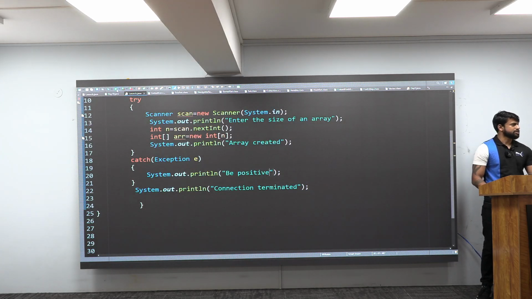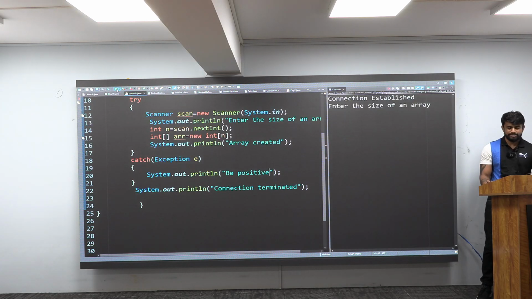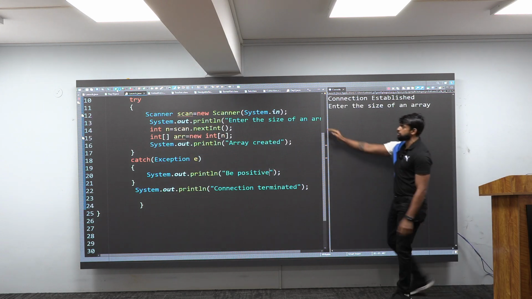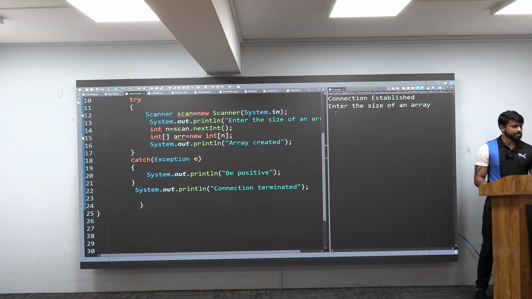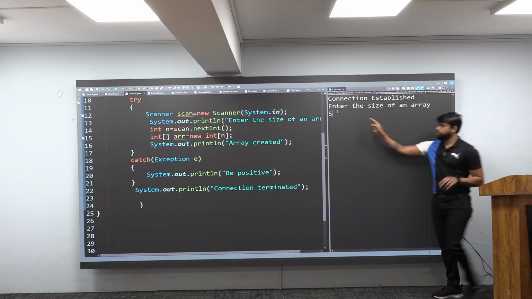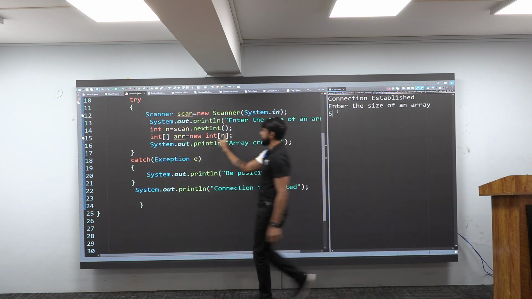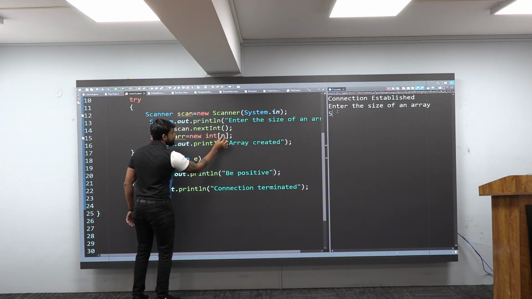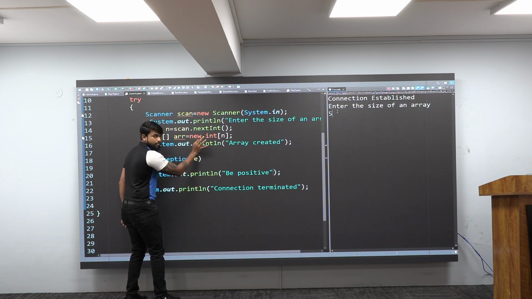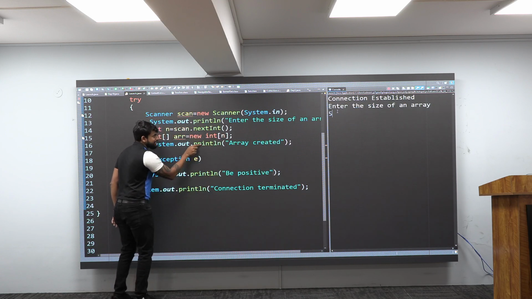I will execute it. When I'm executing it, enter the size of an array. Here, still no problem. I will give the size of the array as 5. Faulty input or proper input? Proper input. You are taking 5 and putting it inside n. new int[5], not a negative array, it is a positive array. It is proper, so the array is created.